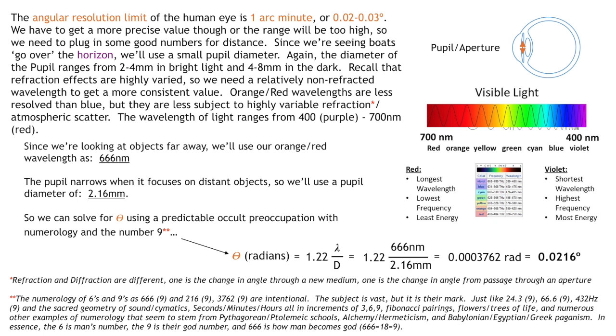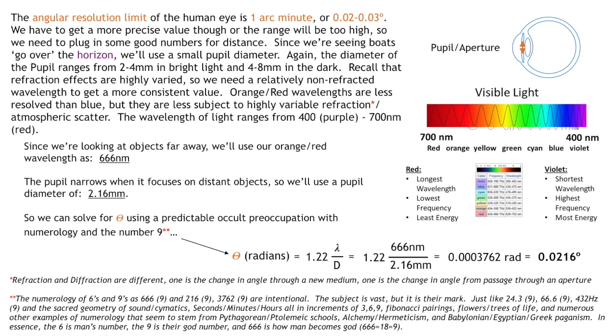So the wavelength of light ranges from 400 nanometers of the purple range to 700 nanometers of red. We want to use the more orange-red later wavelengths. Since we're looking at objects far away, we'll use an orange-red wavelength of 666 nanometers. The pupil narrows when it focuses on distant objects, like we said, so we'll use a pupil diameter of very low, 2.16 millimeters. So we can solve for theta using a predictable occult preoccupation with numerology and the number